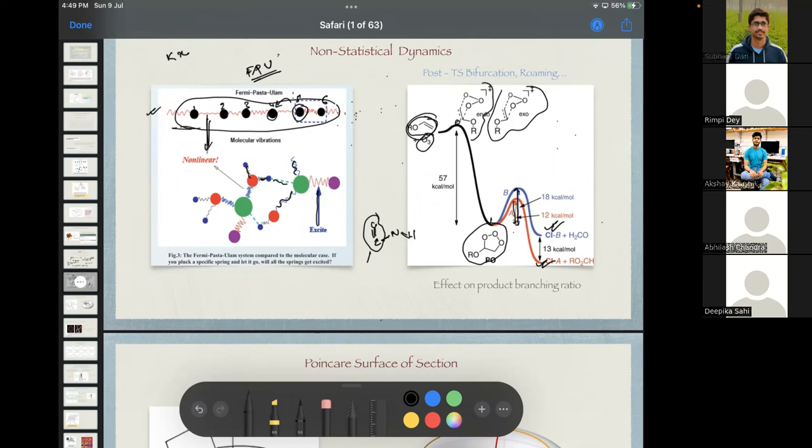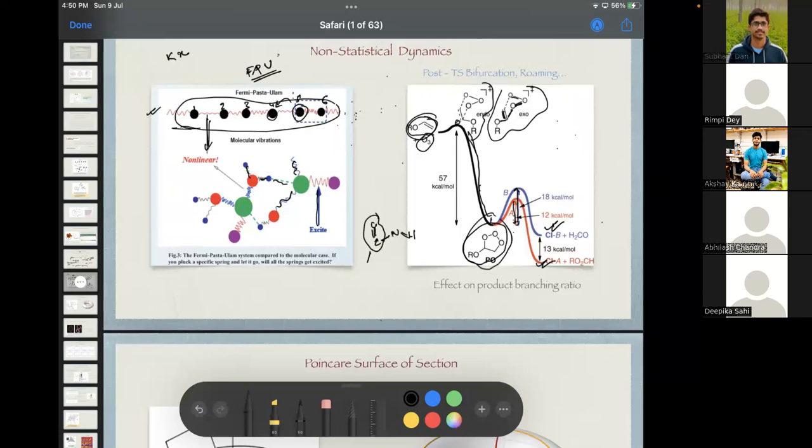So forming the complex due to collision or some other things, then different modes have different energy, right? At the time of forming the complex at the transition state, now this energy goes into different modes, let's say this mode, this mode, this mode, or this mode. So then energy can relax, like energy can transfer from one mode to another, and like this. So energy will relax, and then this transition state complex will relax to get back to a